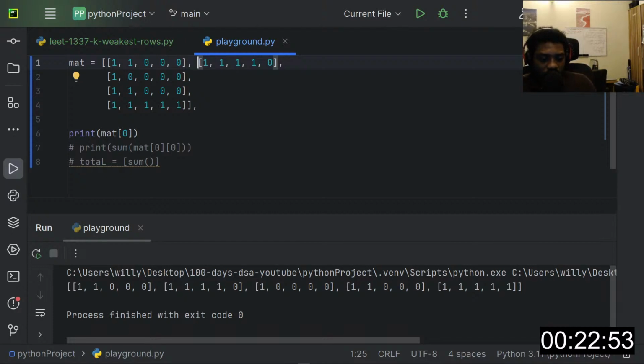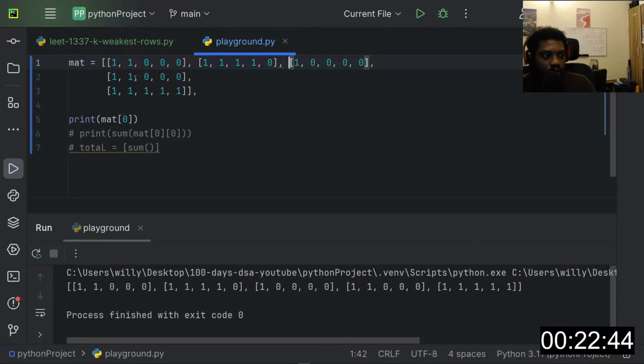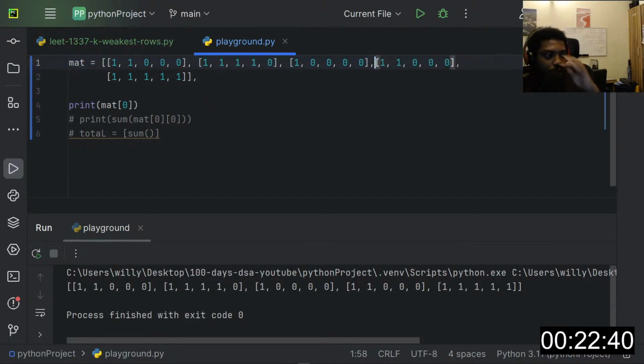Oh, Dan said the LeetCode description is not clear. Well, yeah, kind of. So they want us to return the weakest row, right? The weakest row is the row with the least amount of soldiers, right? So